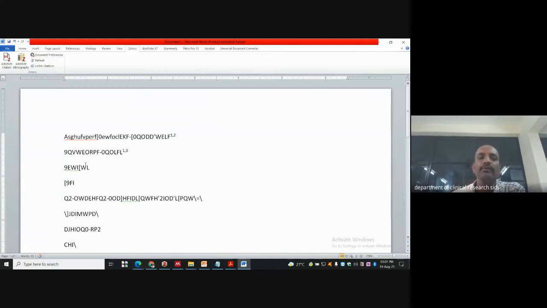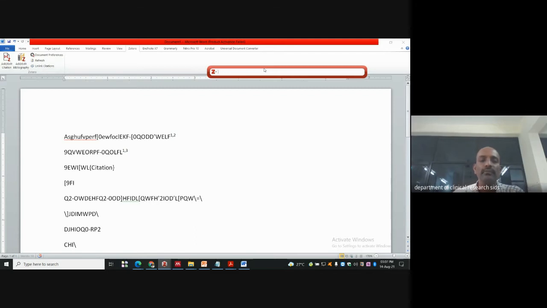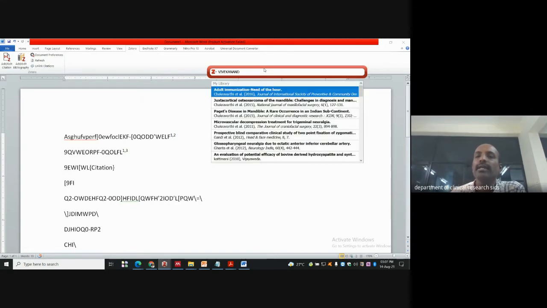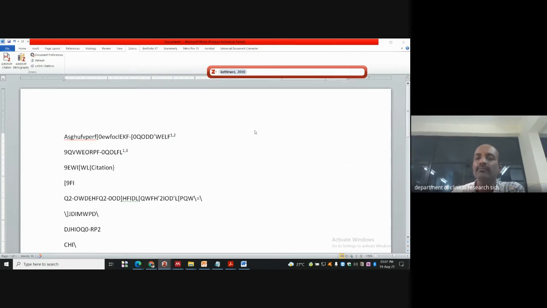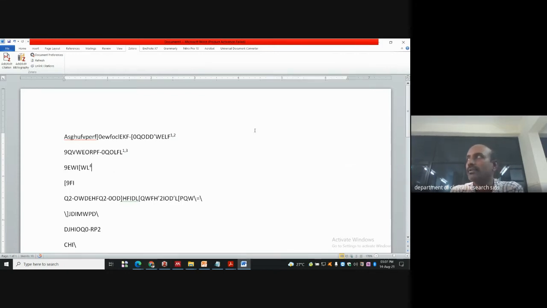Now I want to go ahead to the third paragraph. I want to cite something. Once again, I'll take a query word. Otherwise, you can type a name. I'll type my name, Vivekanand. If I type Vivekanand, then I do have my own articles in my library. So I'll click that, and this is the 4th article.